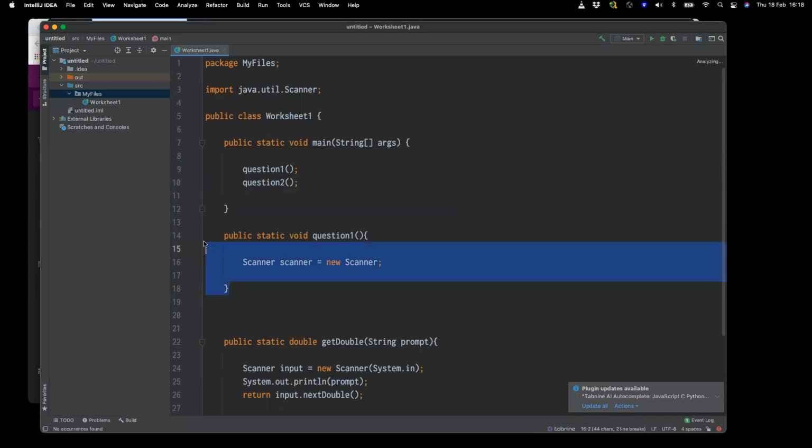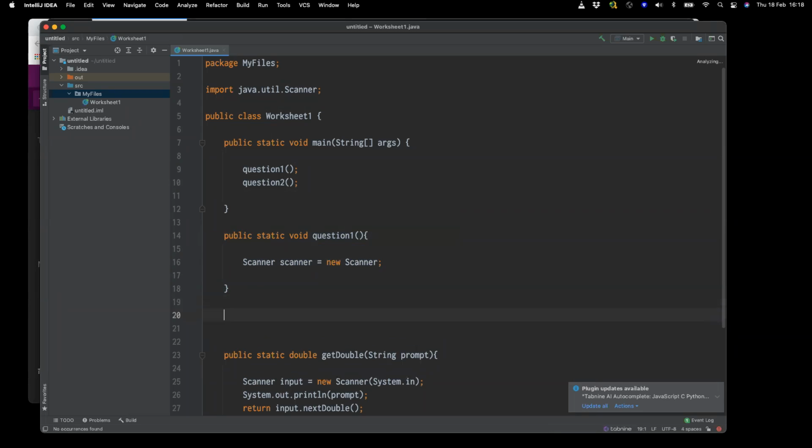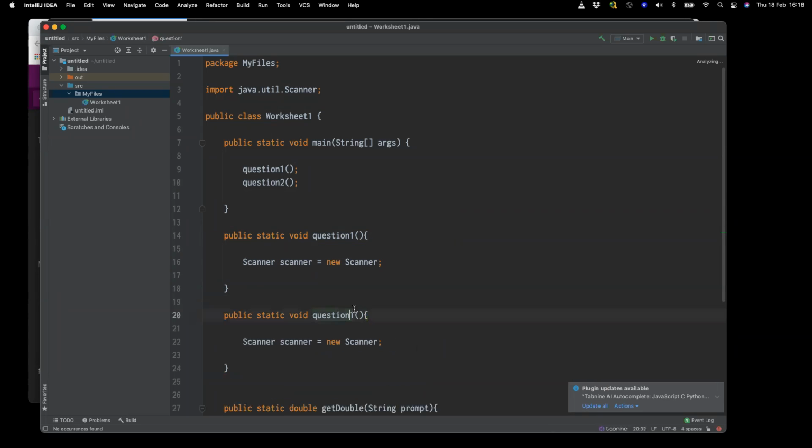And so you can create more of these public static voids. Now, what's the advantage? The simple advantage is that you're only using 1 file, and you have tidily organized all of your questions into that same file. So I've got 1 file here called worksheet 1. I know that all my responses and all my answers are basically inside there. Whichever one I want to test, I switch off the other one.